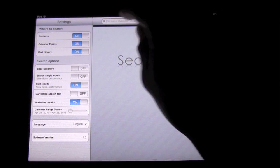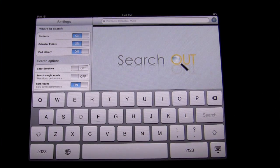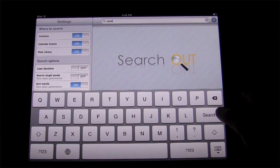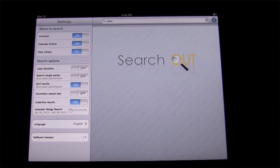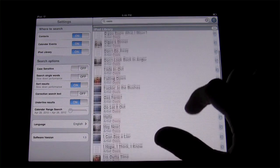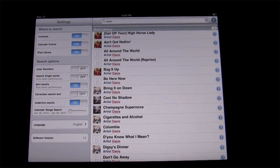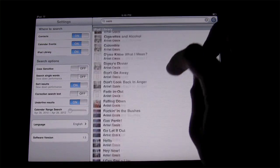So just to give an example of that, using the usual Spotlight, you can only search for, say, the title of a song. Here you can actually do an entire search for, say, a band. I happen to have a ton of Oasis music on here. And if I hit the search button, it should search. You can see it go in there. Like I said, I have a ton of Oasis. So you have that, which is nice. You can also search for an album or by track, as you can in Spotlight,